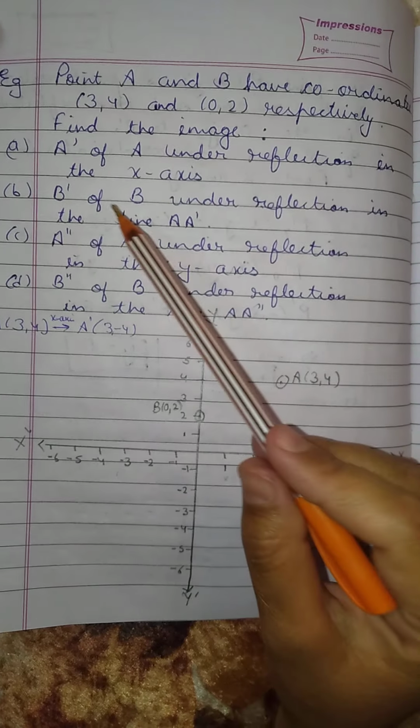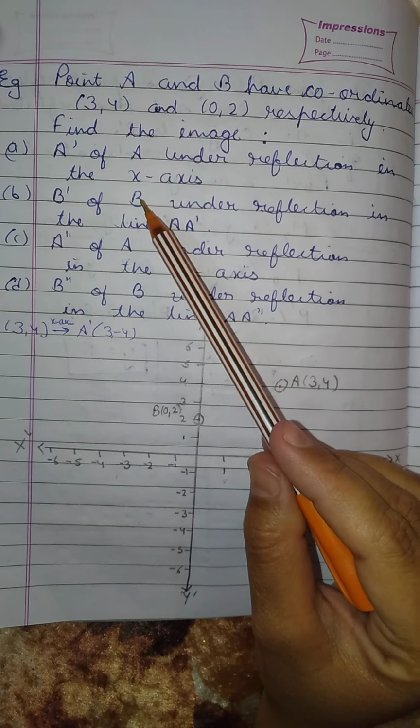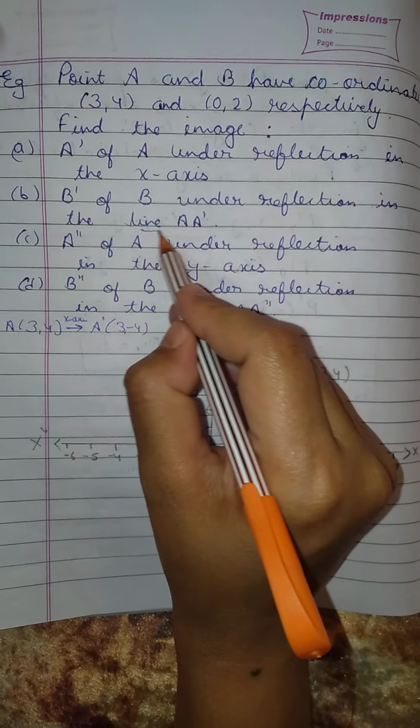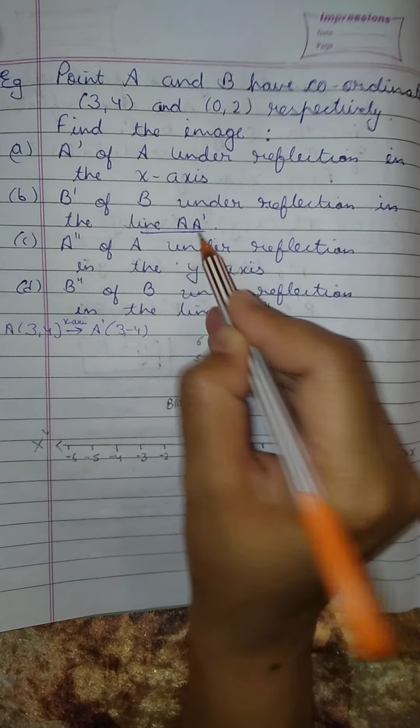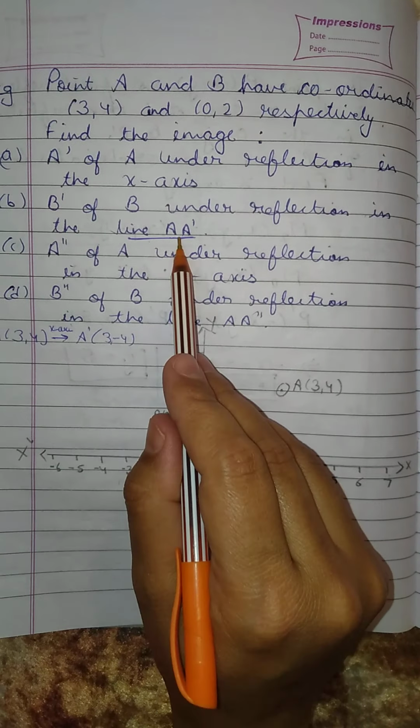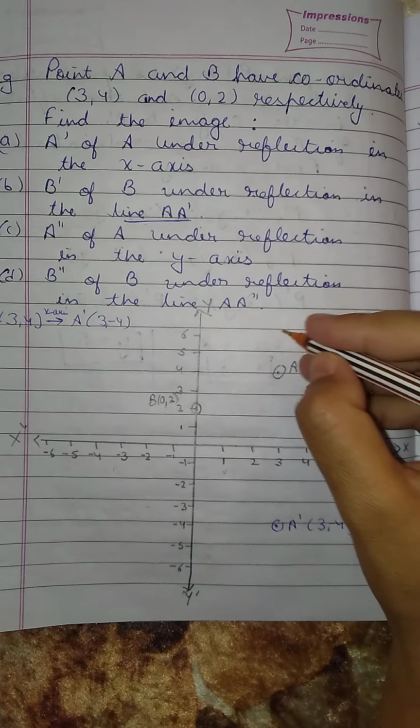First part done. Second part. B dash is the image of B under reflection in the line A dash. The mirror line is neither the x-axis nor the y-axis. It is also not the origin, but it is the line A dash. A dash. Join